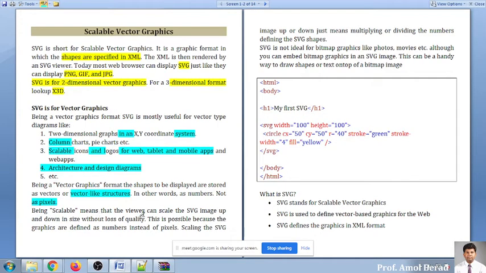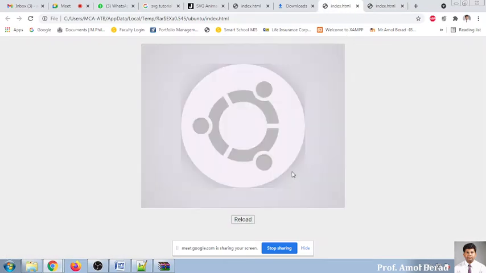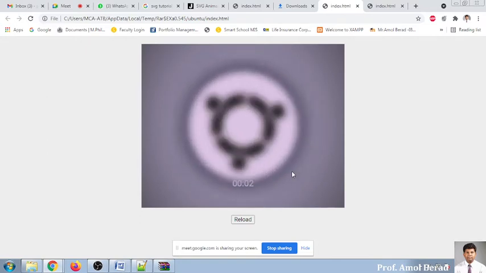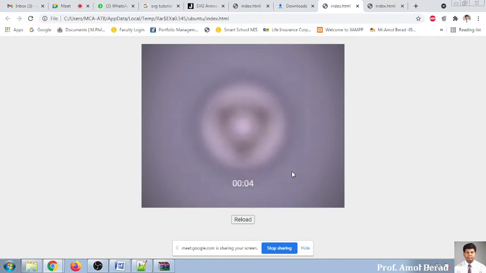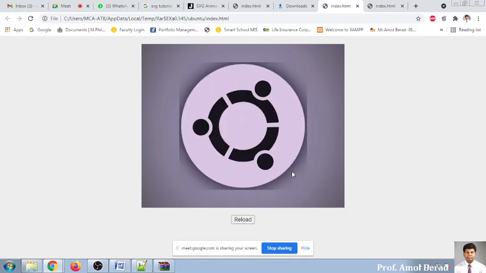Now, being scalable means that a viewer can scale the SVG image. That means it can stretch the image up and down in size without losing quality. So you see in this animation effect, this is just an image, and it is zooming in and zooming out, it is moving, without changing the quality of the image. The effect is going on, but there is no effect on your image quality.